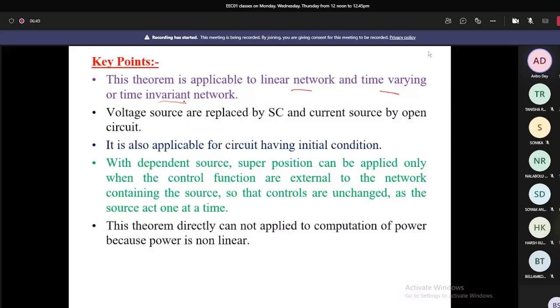Because linearity doesn't hold over the whole range. But on the whole, if you consider, say, a temperature range from 0 to, not 0 actually, a very high temperature, maybe 1000 to 2000, then you will not have the same VI slope, so it will be changing, and in that case it cannot be applicable. But at a particular operating point, say for a particular temperature, you can have it. Voltage sources are replaced by a short circuit in the ideal case, or by the internal resistance.